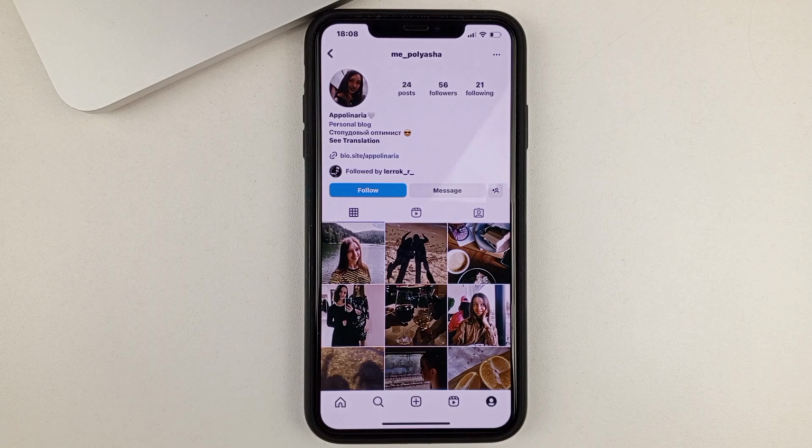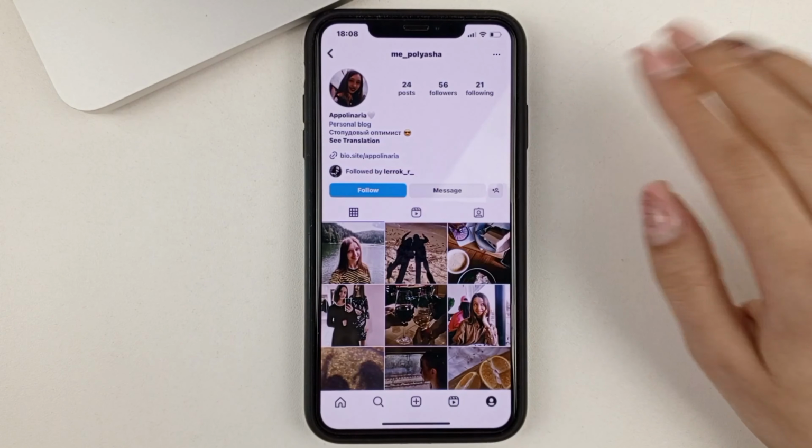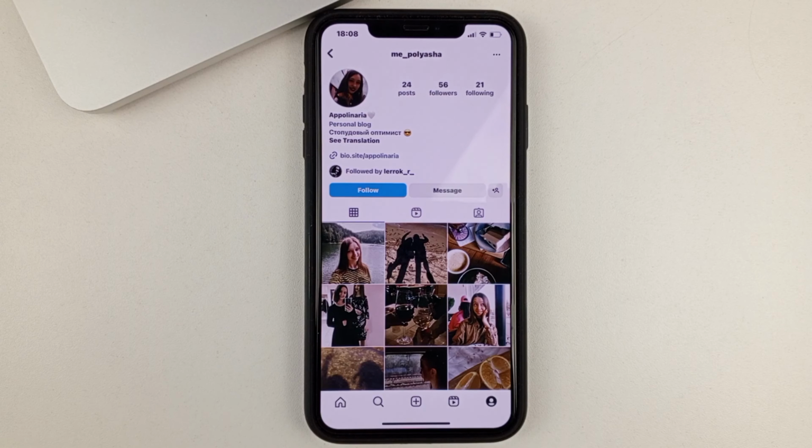If you have just recently sent a friend request to a person who has not an open page, but a closed page, then you won't see the following, but that the person has been sent your friend request. And if you want to cancel that friend request, you also click on the following. Click and cancel the Instagram friend request for that person.